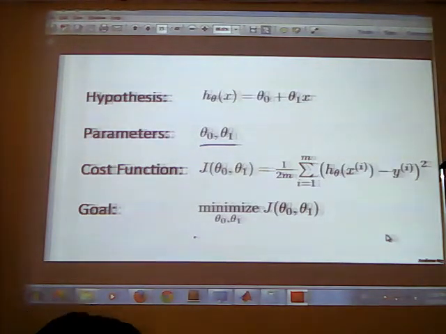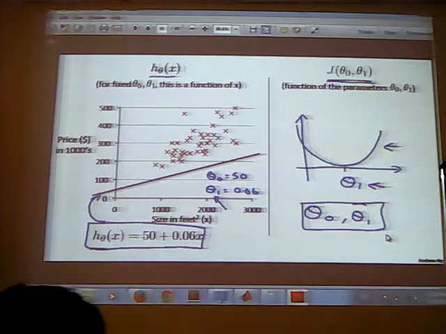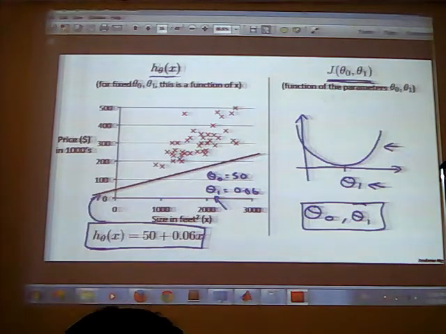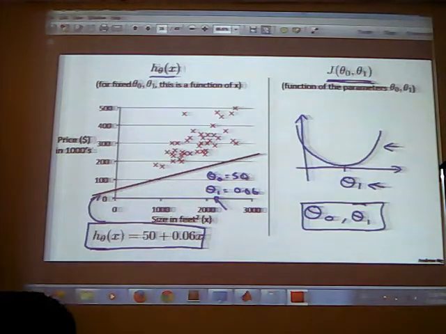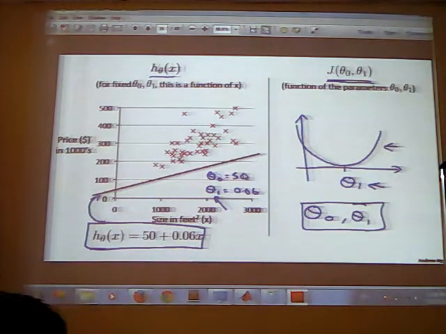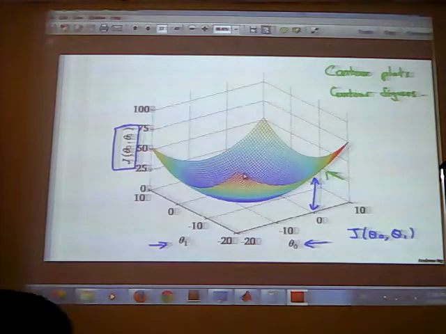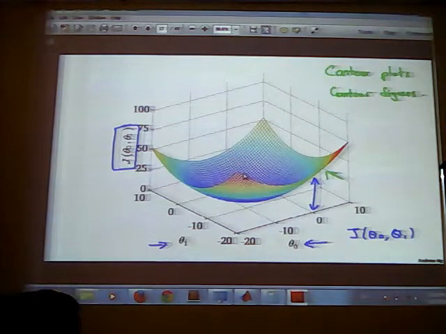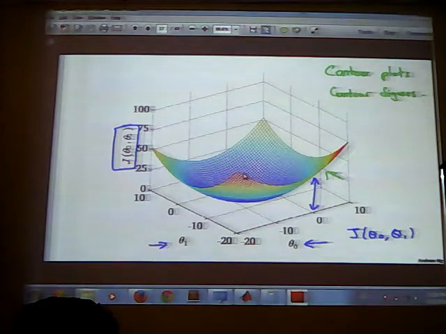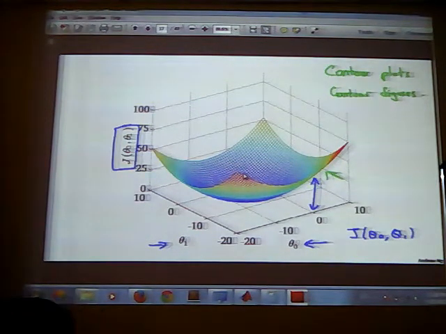If we consider two parameters, that is theta 0 and theta 1, we will be plotting J of theta according to two values, theta 0 and theta 1. So it is going to be a 3D plot. So this shows theta 0 on one axis, theta 1 on the x-axis, and J of theta on this axis. For a particular value of theta 0 and theta 1, we have a particular value of J of theta.